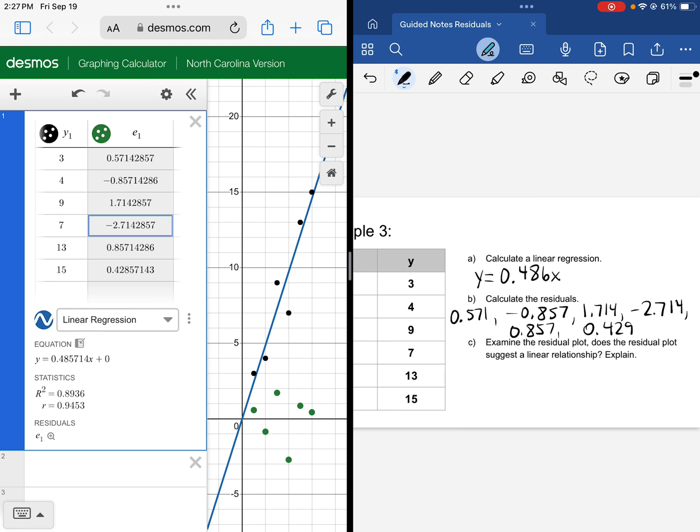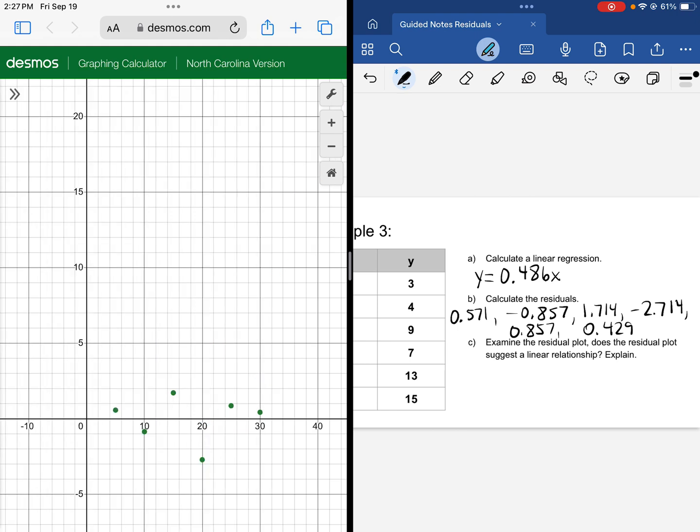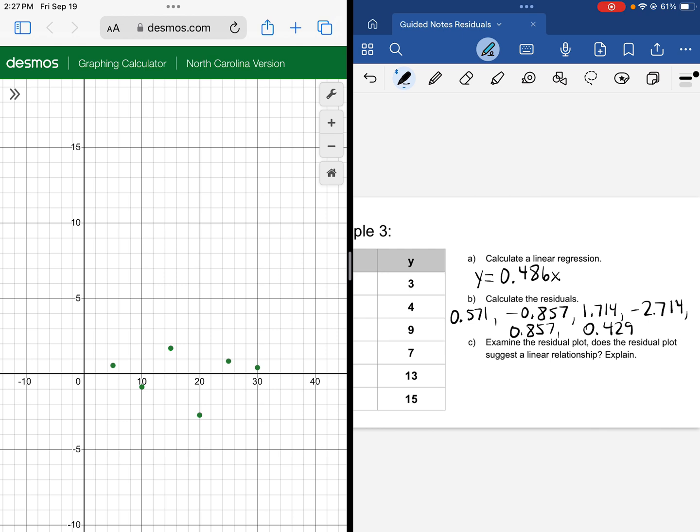And then again, I'm going to hide the regression equation. I'm going to hide those original points, and I'm going to look at just the residual plot itself. So these were just the residuals. And looking at it, I think that this was, yes, it does look linear because they are randomly spaced above and below the x-axis. So yes, linear is appropriate